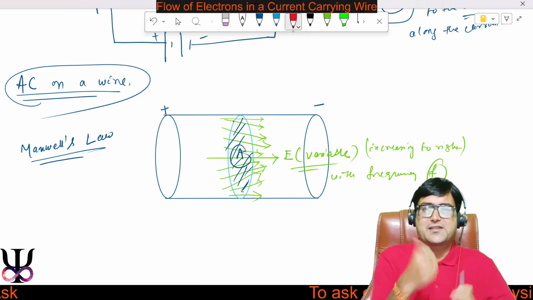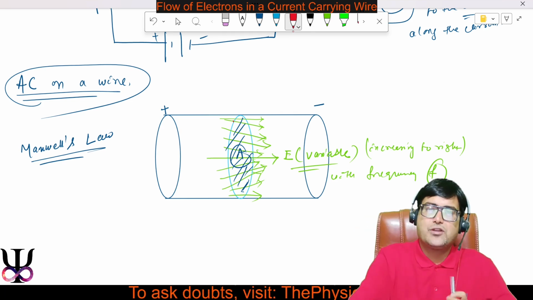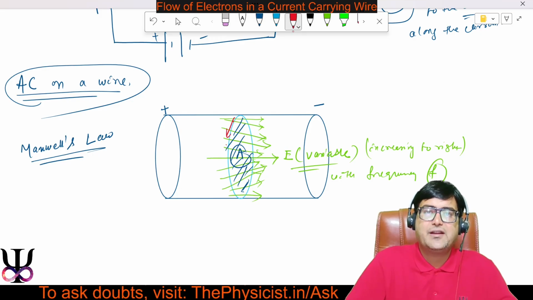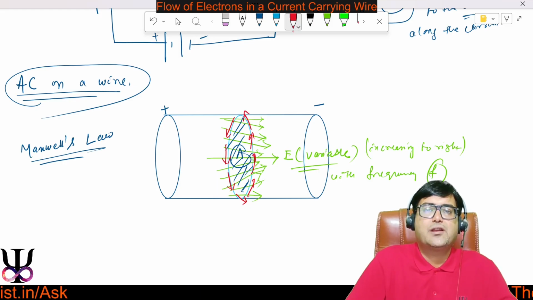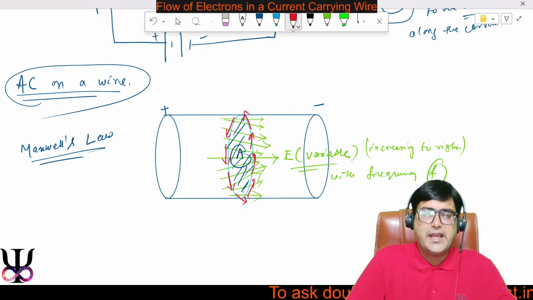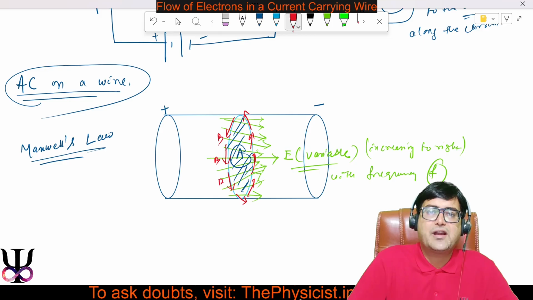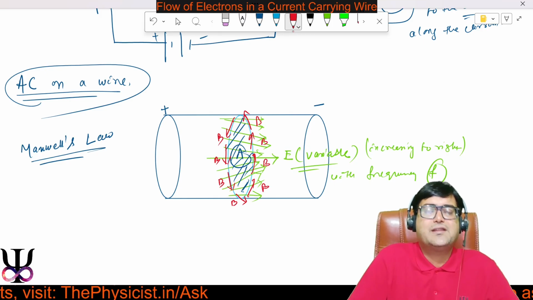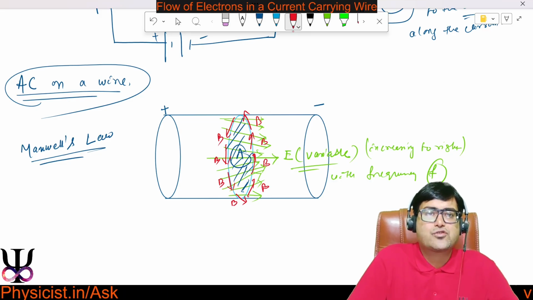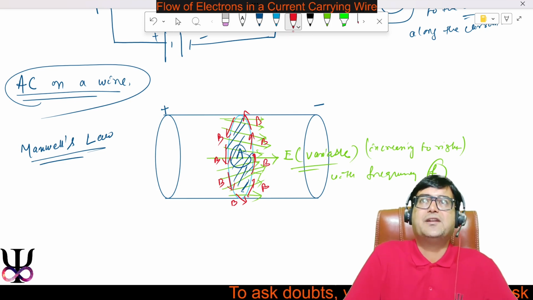In that case, if you apply the right hand thumb rule, you will see that a tangential magnetic field will be generated along the boundary of the area, the circular area, so it will have a circular boundary. These magnetic fields are induced magnetic fields. So with this induced magnetic field,